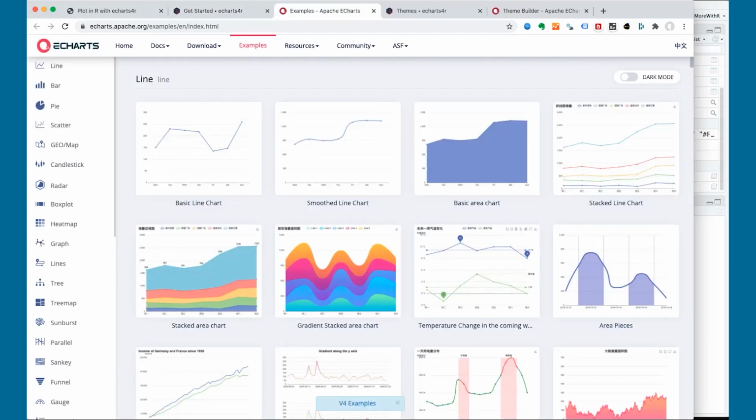The package is an R wrapper for the eCharts JavaScript library. JavaScript eCharts is now an official Apache Software Foundation project. It graduated from incubator status in December. That helps me feel confident I can rely on the JavaScript code underlying the R package. So let's take a look at eCharts for R.